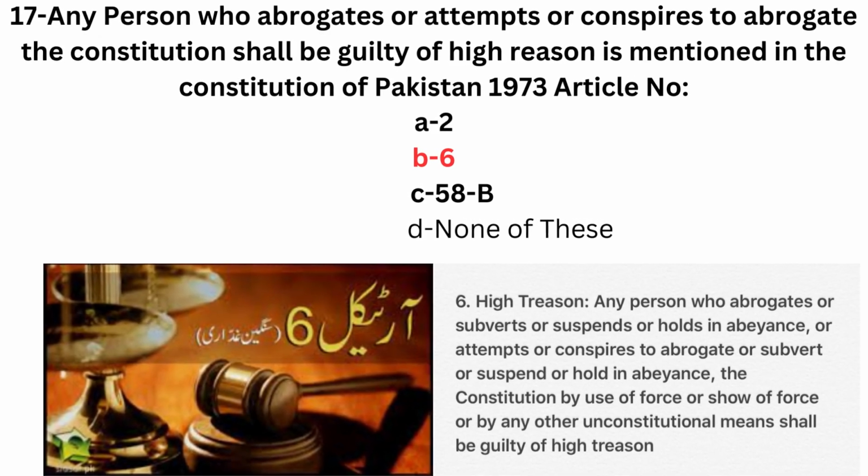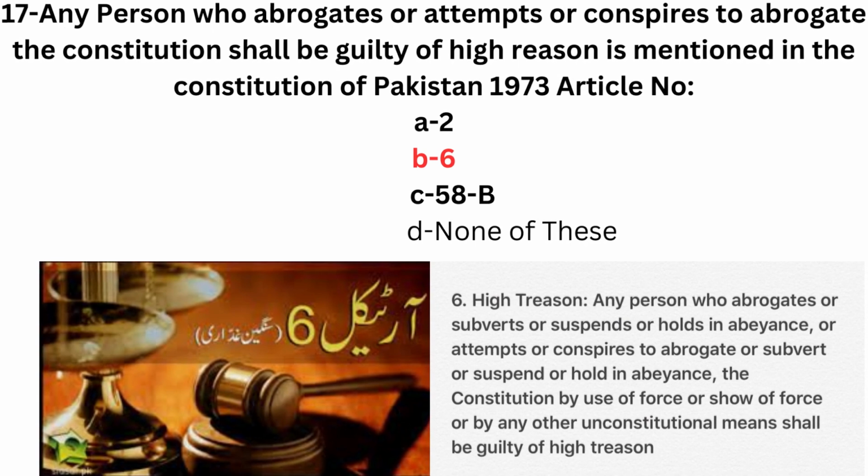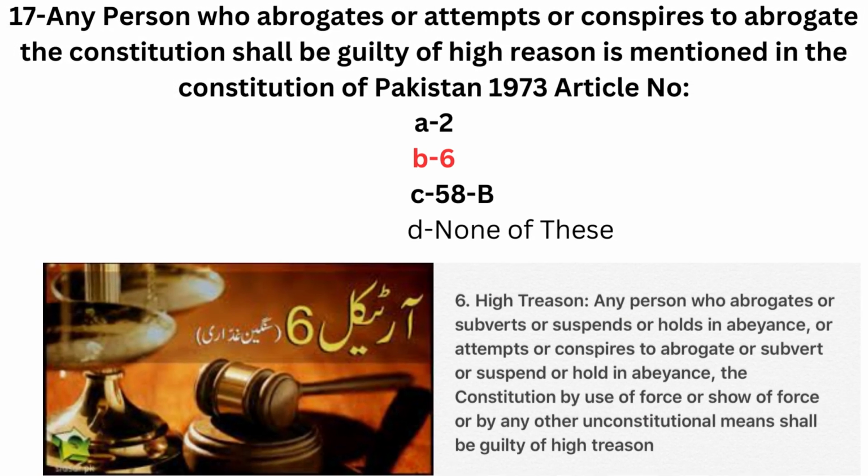Any person who abrogates or attempts or conspires to abrogate the Constitution shall be guilty of high treason. This is mentioned in the Constitution of Pakistan 1973 under Article number 6, option B, and General Pervez Musharraf was convicted under Article 6. So Article 6 stands for high treason. Any person who abrogates, suspends, or attempts to conspire to abrogate the constitution shall be deemed guilty of